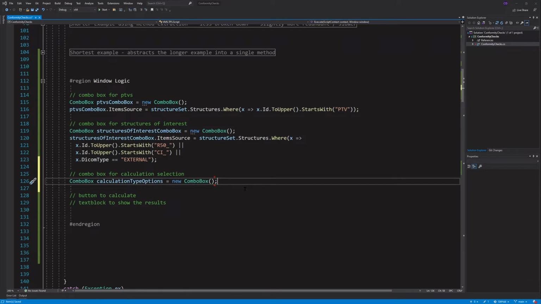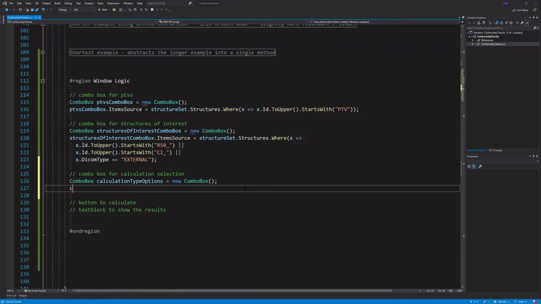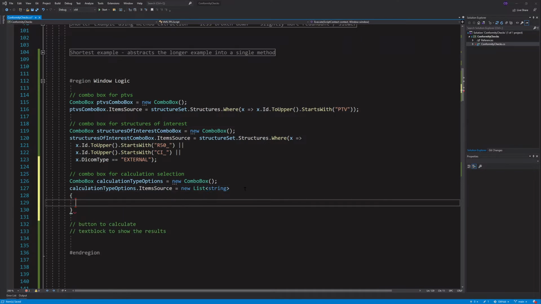Okay, so all right, so calculation types dot items source equals, let's just create a new list of strings,